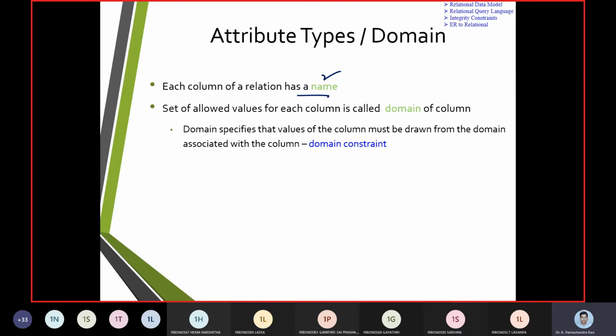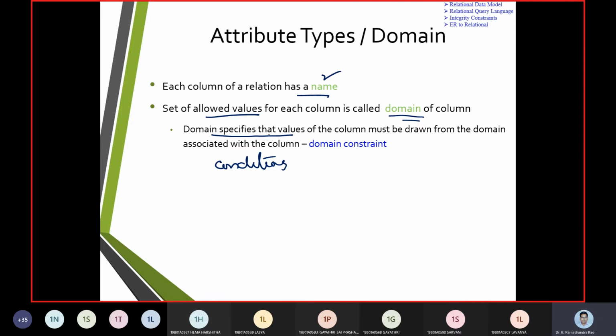Now, when we put these columns, they need to be taken up with some conditions. Columns can be given with some conditions. So what are the allowable values? Those we give as a range, and such a set of values we call a domain. Domains specify the values from which a column must be drawn.